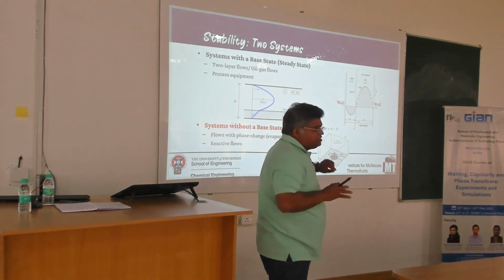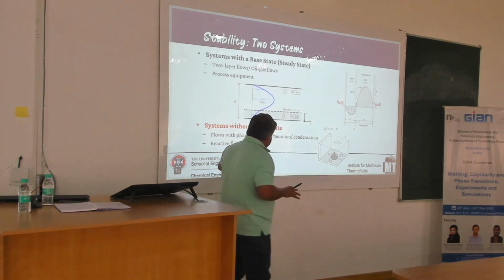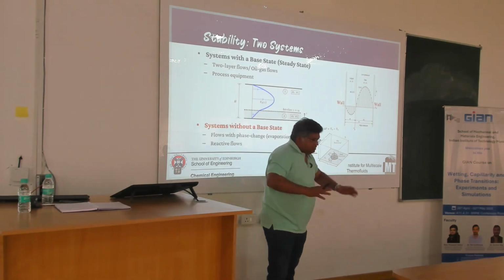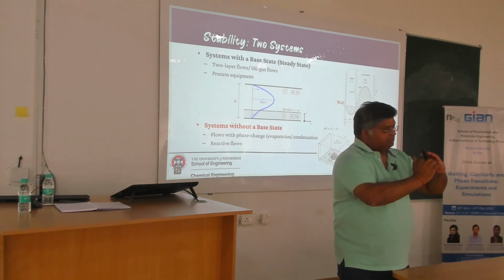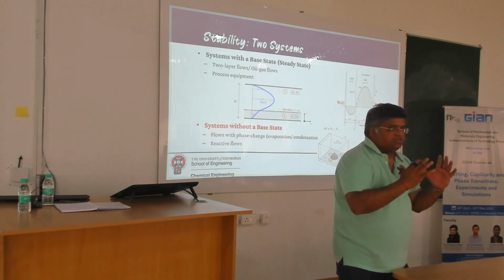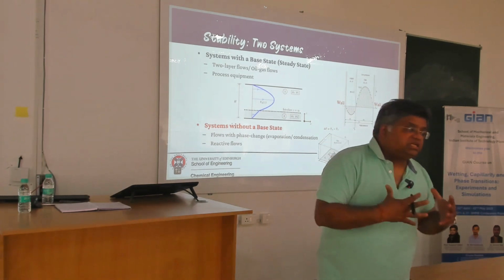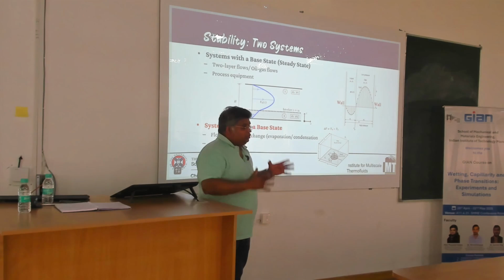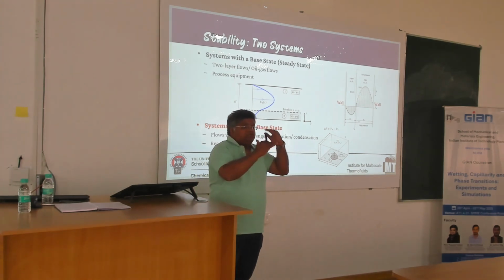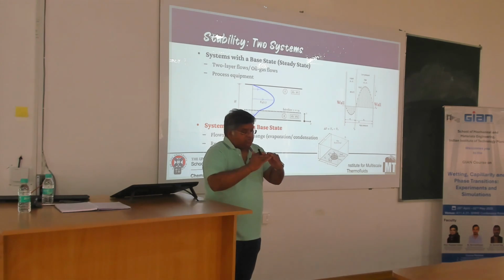But there are other systems where you don't have a steady state, you don't have a base state, especially when you have phase change. If you have a droplet which is evaporating, you start with a height h, finally it becomes h1, h2. So the dynamics of the system is completely dependent on geometry. The geometry of the system changes. So these are the flows where your system has no base state. You have an initial state, but that's not the base state. You have an initial state that remains for an instant of time,